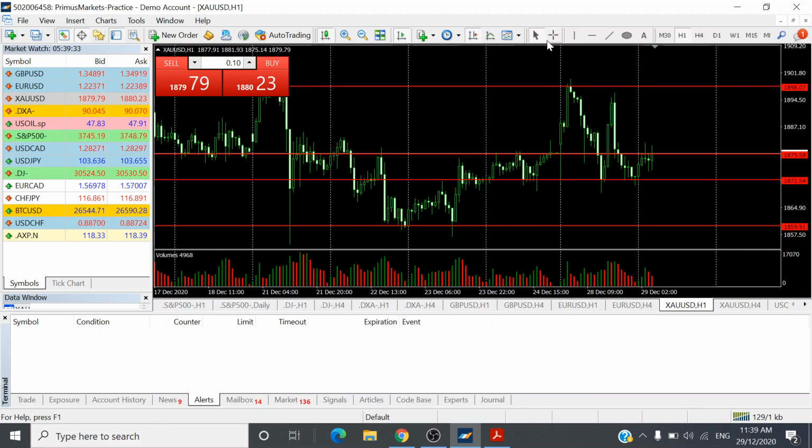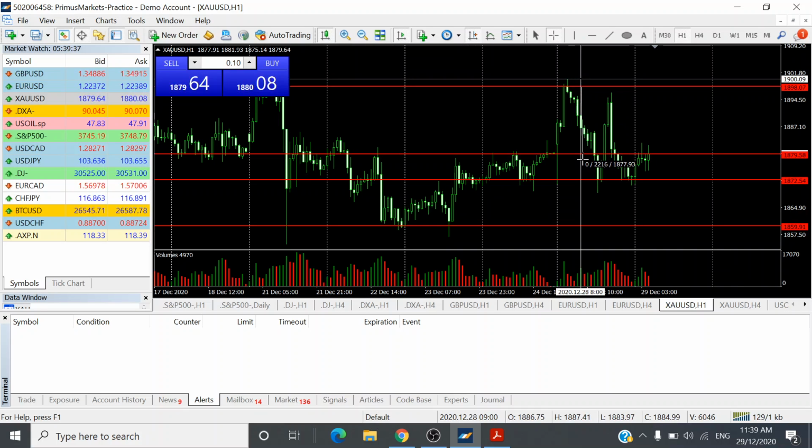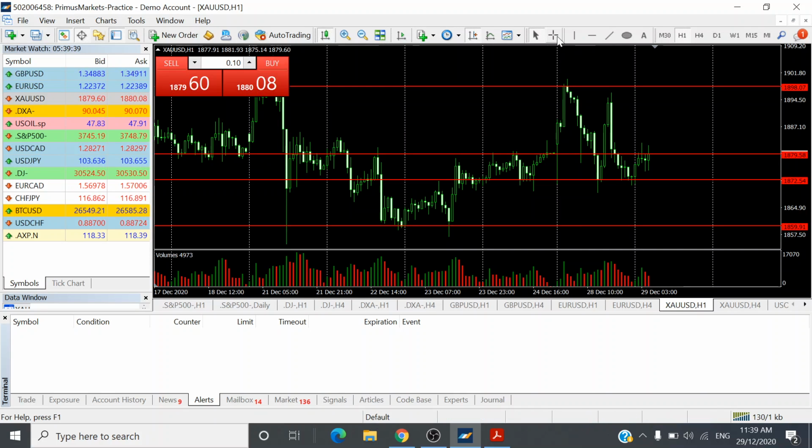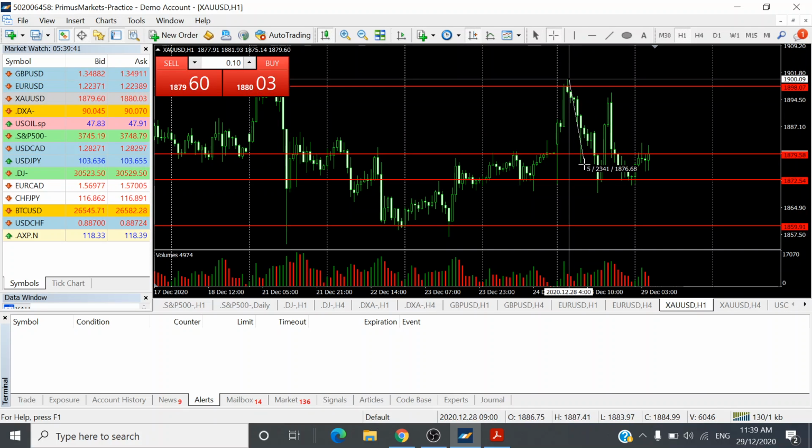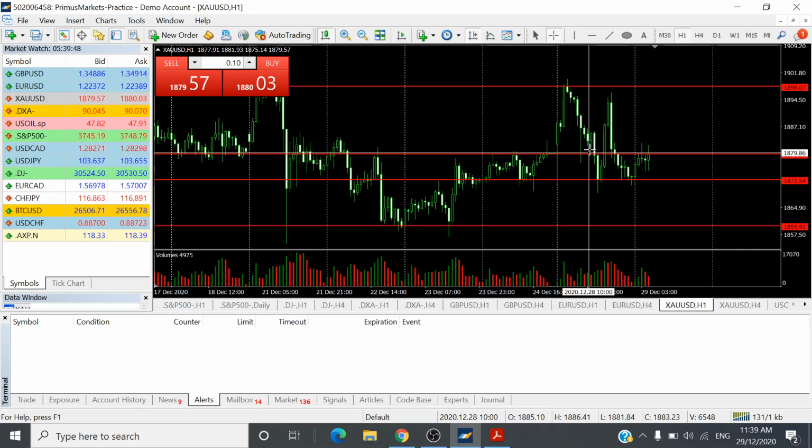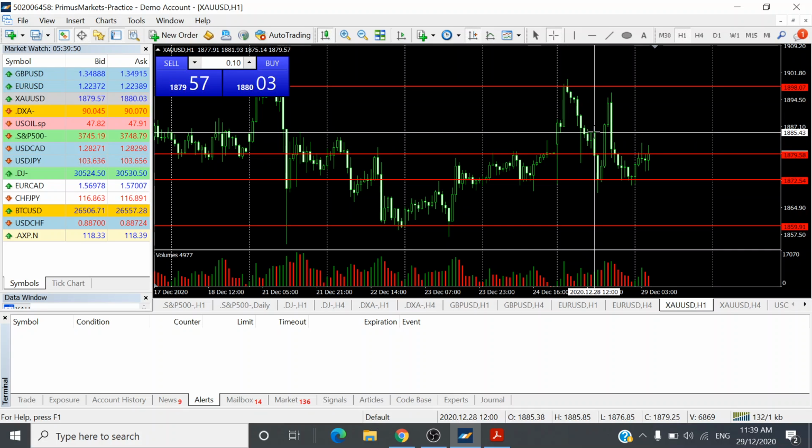And then back on the 1-hour charts, it came back down from 1900 over here, all the way down to a low of 1877. This was a 22 US dollar movement down, and it consolidated for a while before dropping again at about 6 p.m. Malaysia time from 1885 all the way down to 1869 levels. It dropped another 16 US dollars.